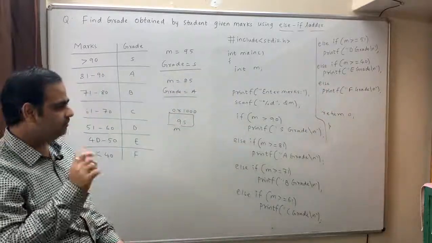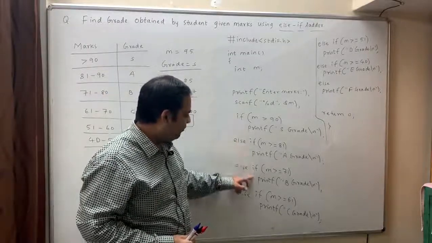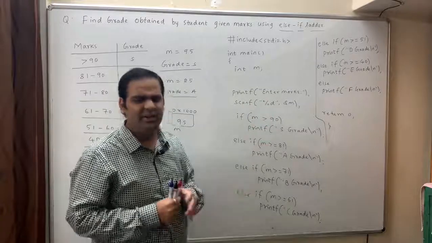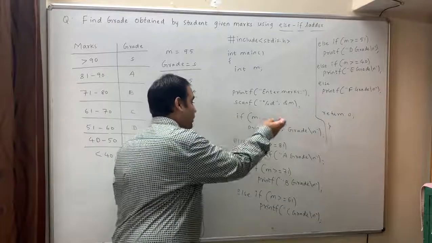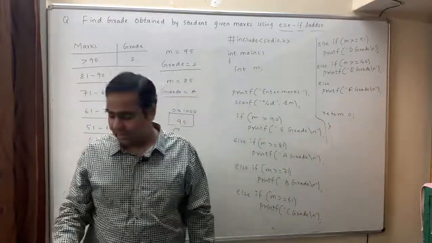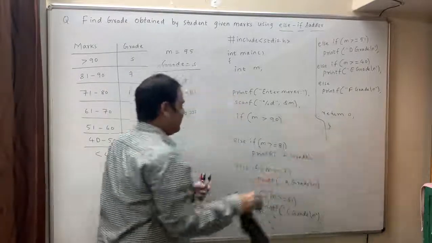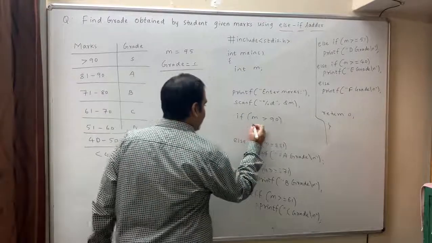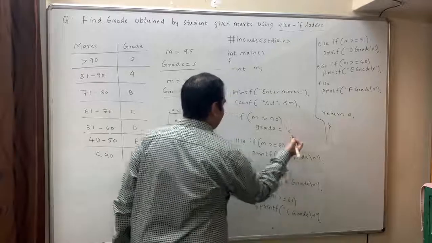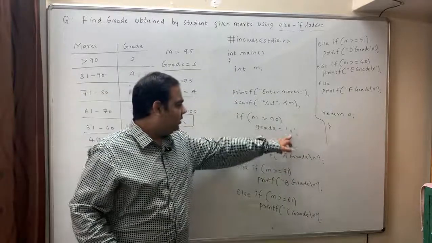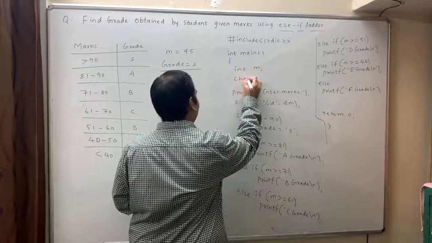The next thing I want to explain over here is, you have written printf 7 times. Can't we write printf only one time by storing the answer in some variable? Yes, we can do that. Now, how do I do it? If I say marks is greater than 90, I can use some variable called grade and I can say grade equal to A. Now, A is a single character. Therefore, grade should be of what type? Grade should be of character type.